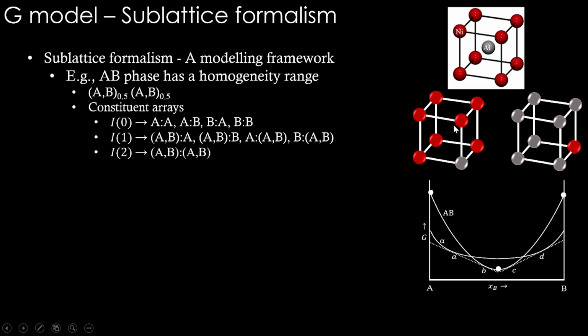You see, in the first sublattice where we had only nickel atoms, there aluminum is replacing some of the nickel, and nickel is replacing some of the aluminums in the other sublattice. So this is how the mixing in each sublattice is expected. Of course, the 100% AA or 100% BB can never happen in nature in this particular structure. These are called fictitious end members. Okay, so end member, the word is used for these things because they are the ones which will dominate the Gibbs energy. We'll talk about that in the next slide as well.